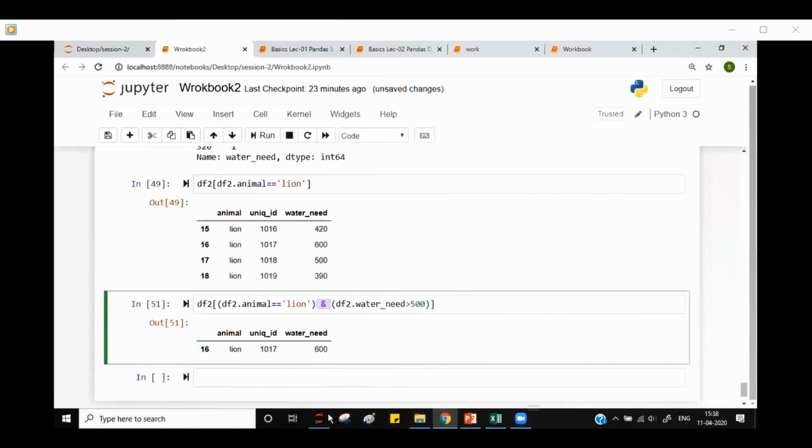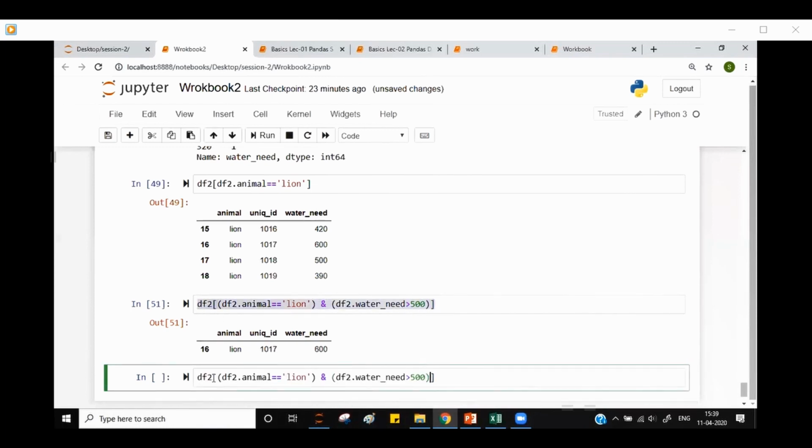Similarly, again, I will take one condition. I want all tigers whose water need is greater than 300. I want to display their unique ID.